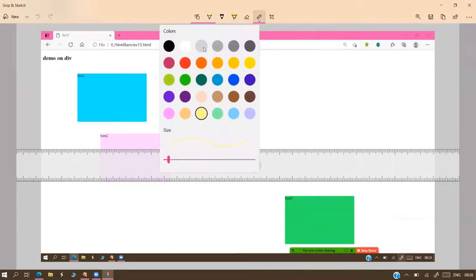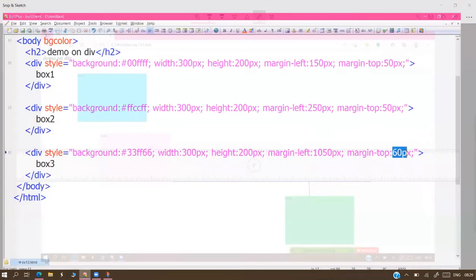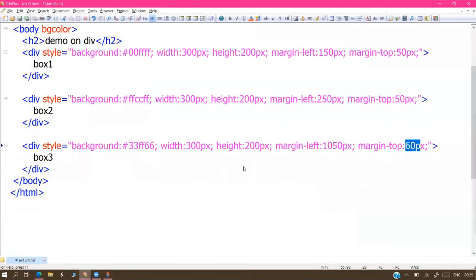It is 60 pixels. This gap is called 60 pixels. It is calculated from here. But what about the 1050 you said, sir? That gap is this one.